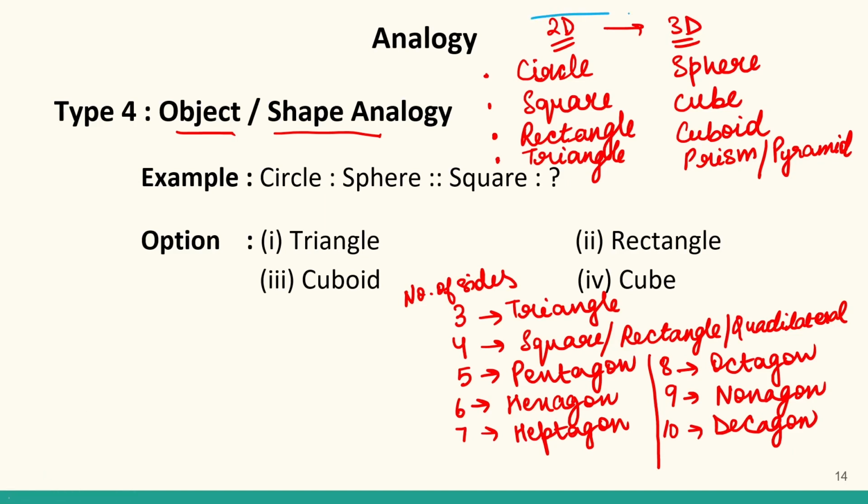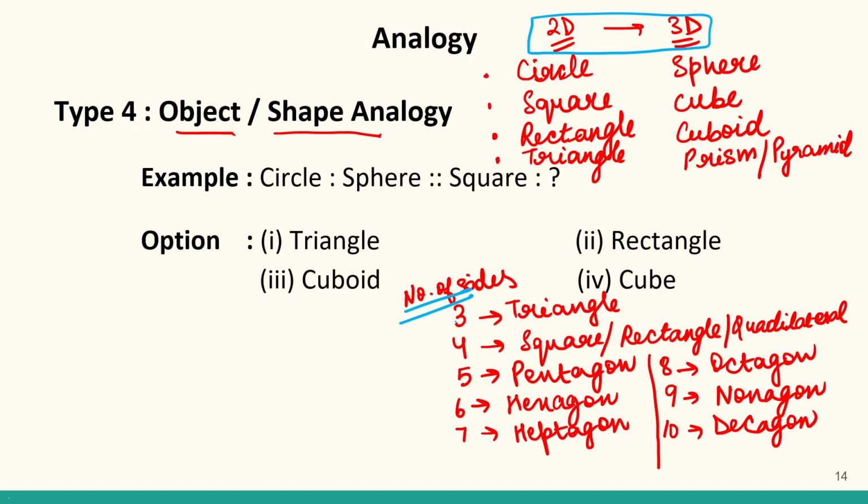This 2D to 3D is asked very commonly. What is the corresponding 3D figure called? And similarly, this number of sides concept is also used very frequently. So up till 10 you should know. Third, if we have a two-sided figure, it will not meet anywhere, so we don't usually have a name for it. It is very complicated and that much information is not usually asked in your exams. So from 3 onwards up till 10 you should know. If you can know more than that, good. But this much you should remember by heart.